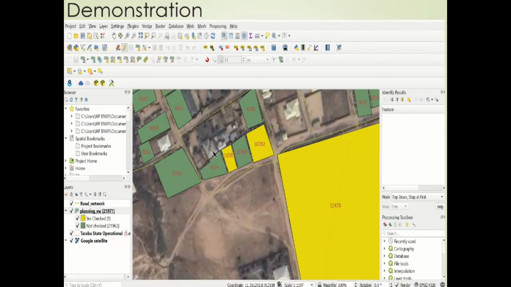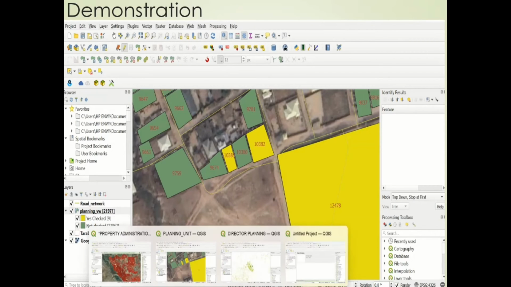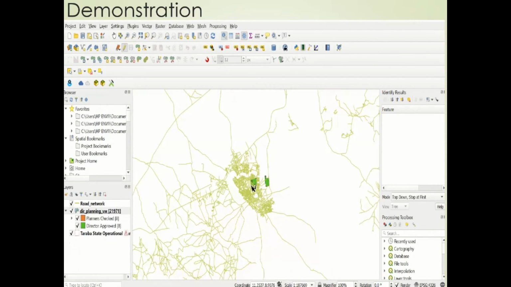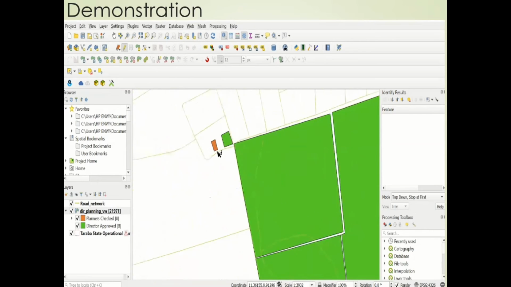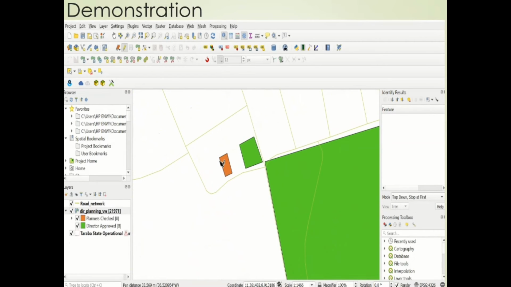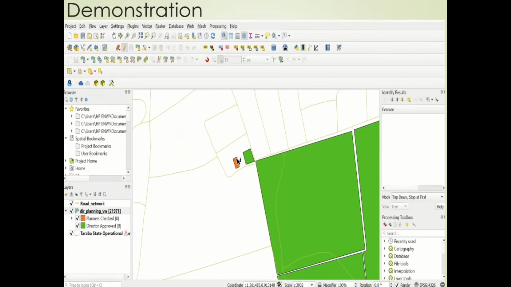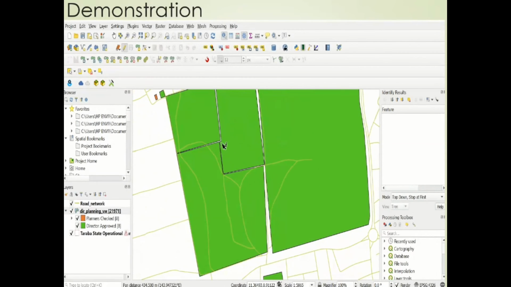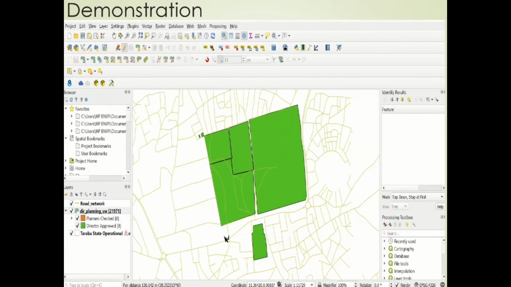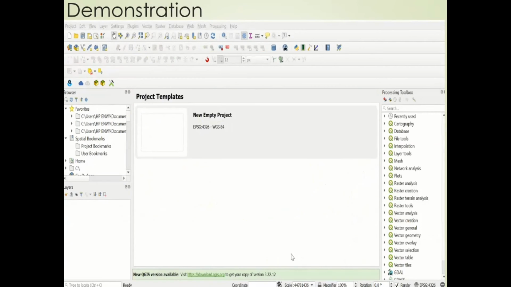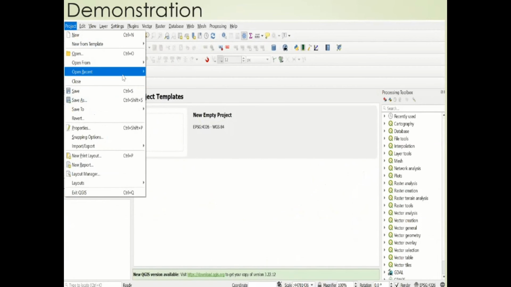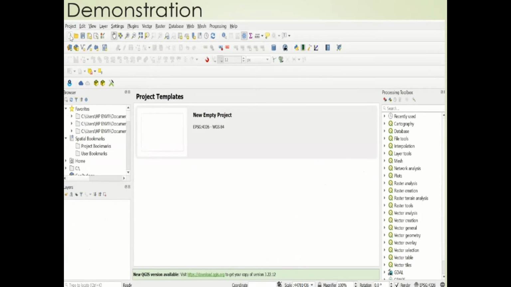We have parcel ID of 10381, and on the planning unit we have it displayed here as checked by the planner, but yet to be checked by the director. And as soon as it's checked, it changes to green. And then we have the beaconing unit with the duty to go and establish beacons for various properties